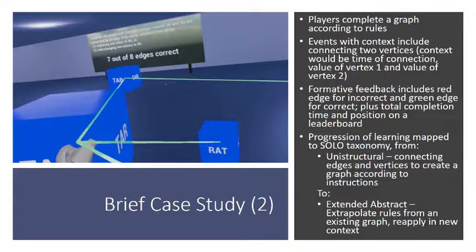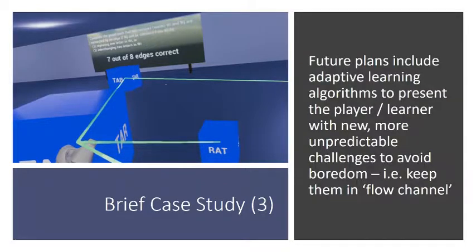And learning in the game has been mapped to the SOLO taxonomy. Future plans for the game include adaptive learning algorithms to present the player or learner with new, more unpredictable challenges, and this will avoid boredom, in other words, keep them in the flow channel.